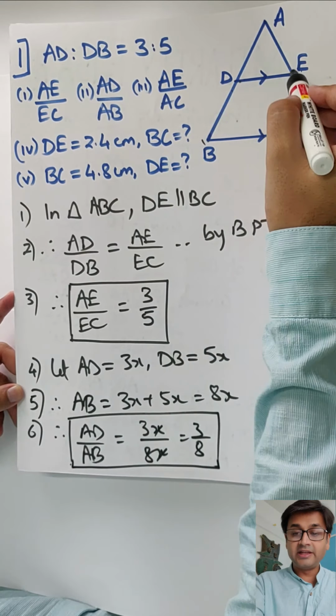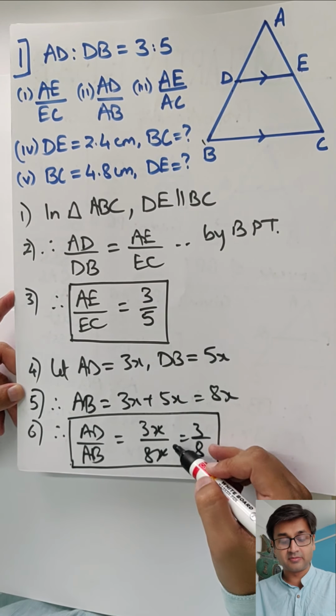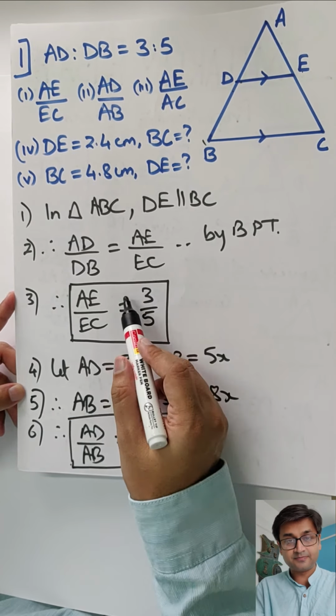Now AE upon AC, I can use the same X method with this, or I can use the triangle method. I would insist on using the triangle method, prove triangle ADE and ABC similar, and then say AD upon AB equals AE upon AC, which is equal to 3 by 8 by CSST. Why? Although this is easy, I am asking you to do that because later on you will be given DE and you have to find BC. So to get that any which way you have to prove the triangles similar. So we are saving our energy and time by directly doing it, okay?